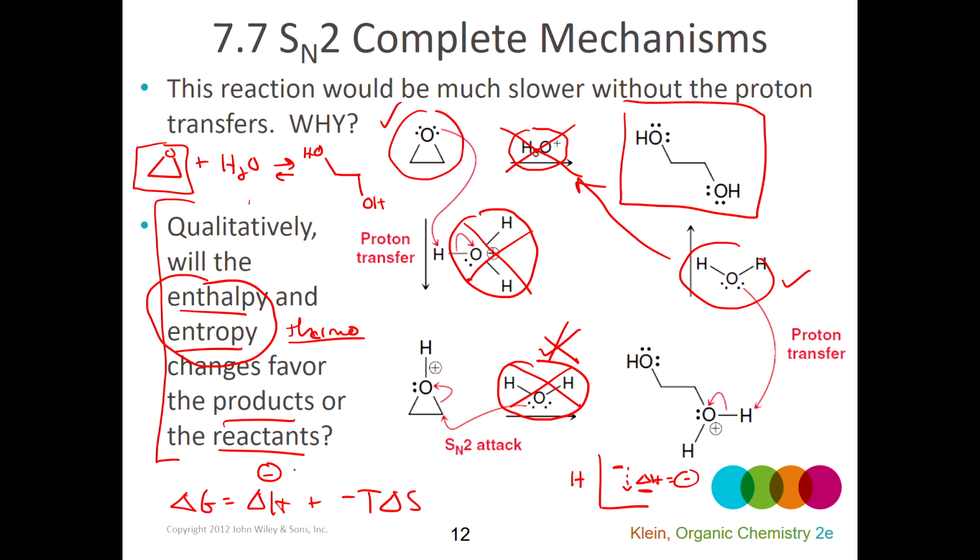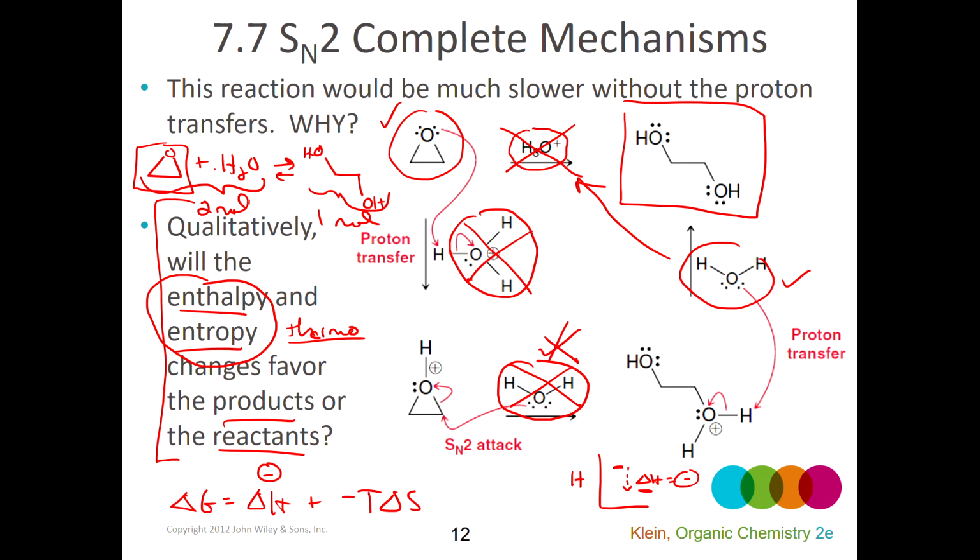What about entropy? Entropy has to do with randomness or disorder or variety. Based on the fact that I've got 2 moles of reactants, 2 different particles, versus 1 mole of products, there should be more variety on the reactant side. Even though one is constrained to a ring and can't rotate in a variety of ways, the water can rotate, it can vibrate, and the translational variety that it will exist here, because these 2 particles are independent and